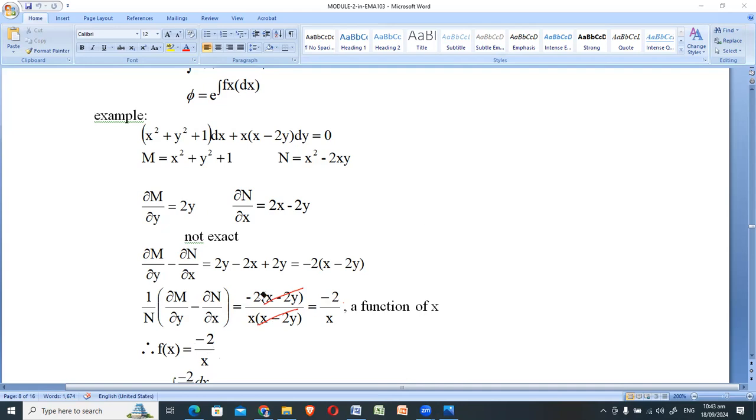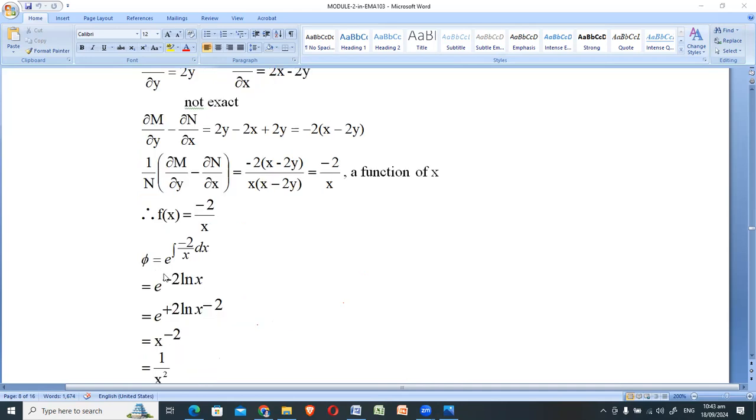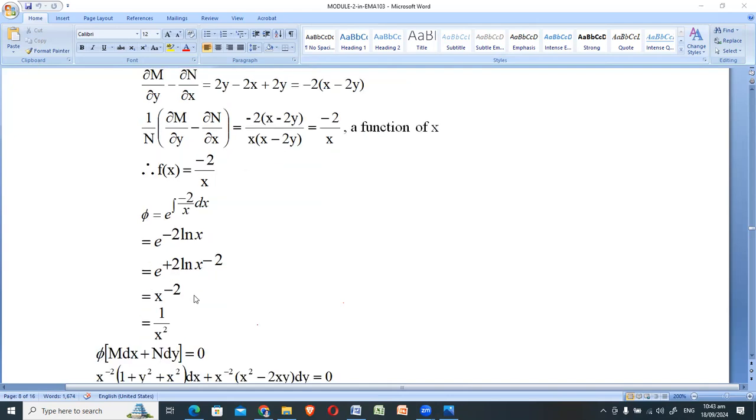Okay, after that, you go to the formula that solves the integrating factor. So that would be your e raised to the integral of the function of x dx. And you will have e raised to negative 2 ln of x. This negative 2 becomes the exponent of the x here. Never mind this one. There's a typo there, so it should not be there. We transfer the negative 2 here. And you'll have already x raised to negative 2, which is equivalent to 1 over x squared as your integrating factor.